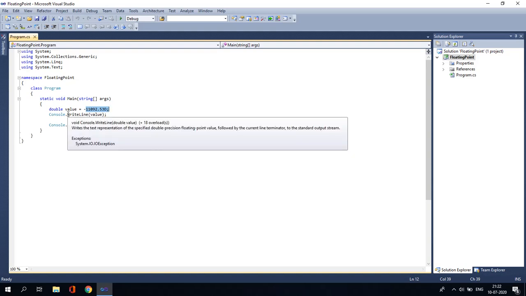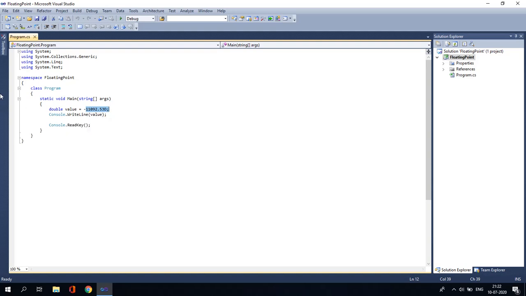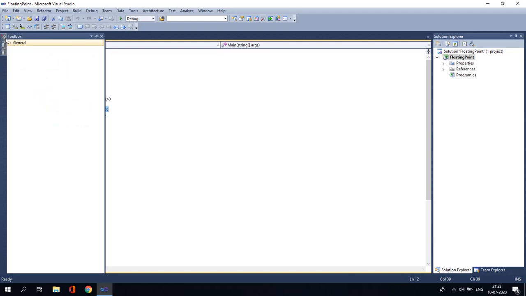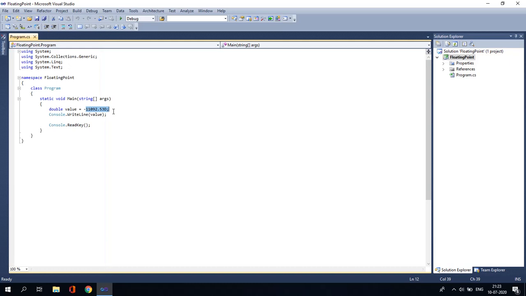So floating point includes float, it includes double, it includes single precision floating point type, or double precision floating point types. Single precision float will have 32 bits, double represents 64 bits.